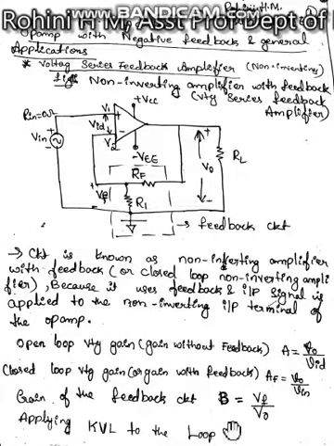Gain of the feedback circuit is given as B is equal to VF divided by Vout. So for the gain of the feedback circuit, the drop here is VF and the total voltage is Vout. Therefore the feedback circuit gain is given by VF divided by Vout. So applying KVL to the loop, we will write the expression like this.